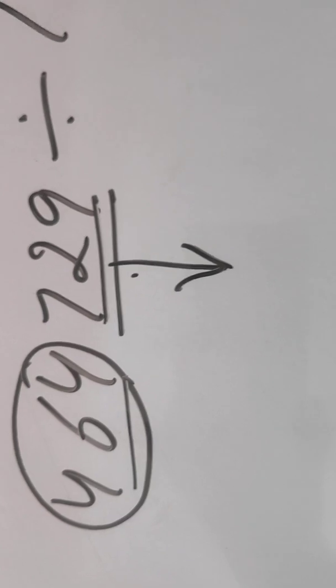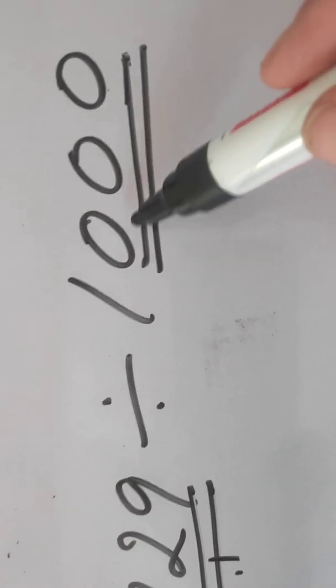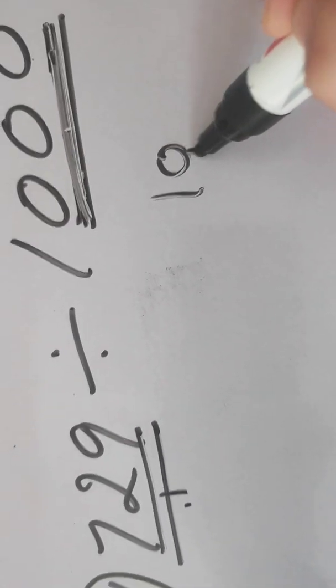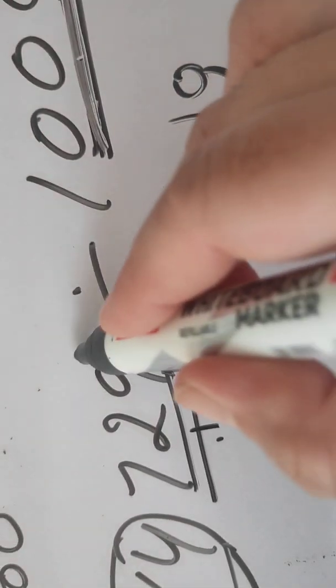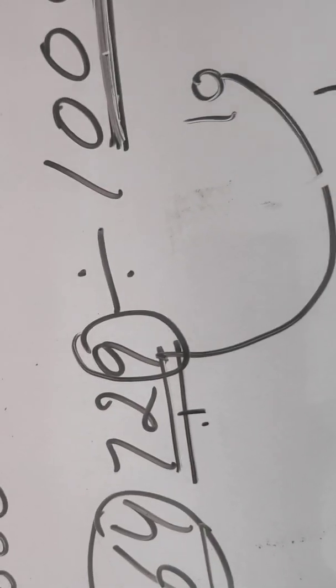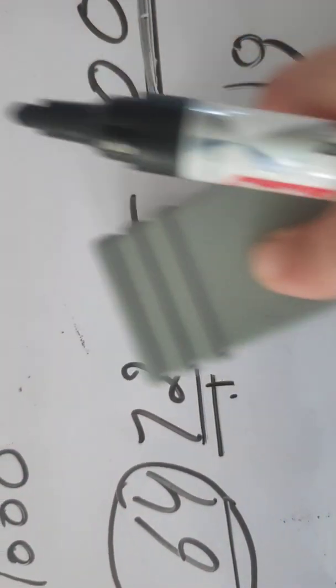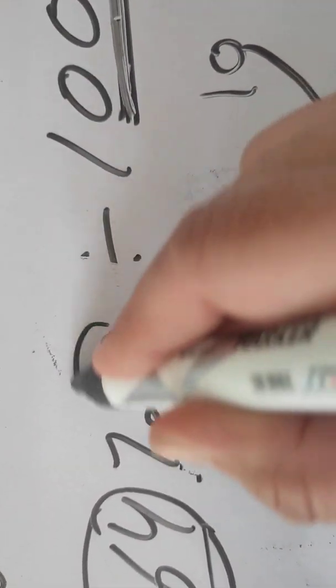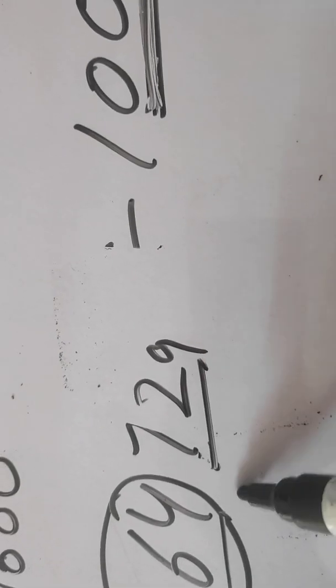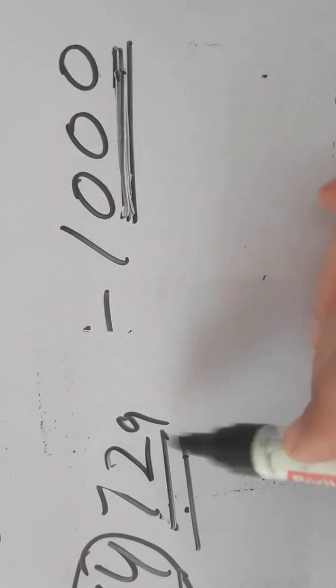So without division you get the answer by using the trick: if the divisor contains 1 zero, then 1 digit will be the remainder. Extreme right side 1 digit will become the remainder. If the divisor is 100, then 2 digits will be the remainder. Right side 2 digits will become the remainder if it is 100. And when we are going to divide by 1000, then 3 digits will become your remainder. Right side 3 digits will become your remainder.